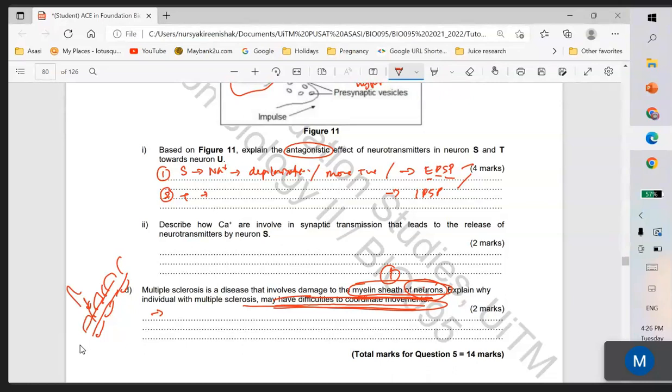Faham? Boleh, madam. Okay, so hujan dah lebat sangat. Okay, so do you have any question? Tak ada? No. Okay, so if you don't have any question, let me